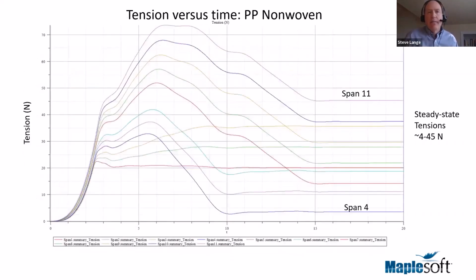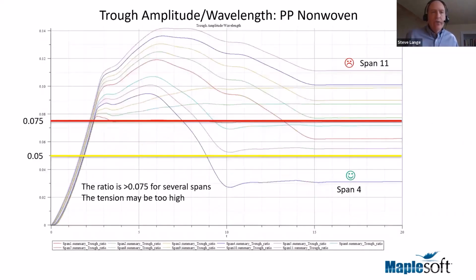Now for the polypropylene nonwoven, we can look at the tensions. It's a similar shape to the simulation, but the tensions are much lower. We see that the tension in span 4 is pretty low, but not 0 at steady state. And now if we look at the trough to amplitude ratio for this lower modulus web, though, we see that there are several spans. In fact, most spans are above 0.05, and some are above